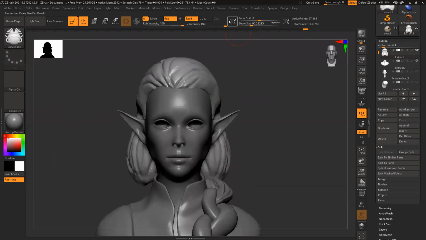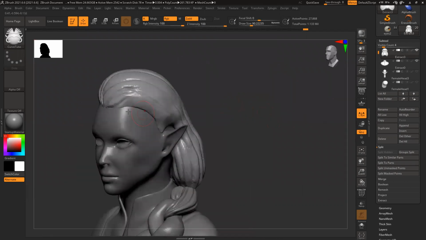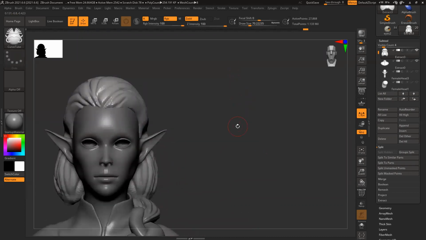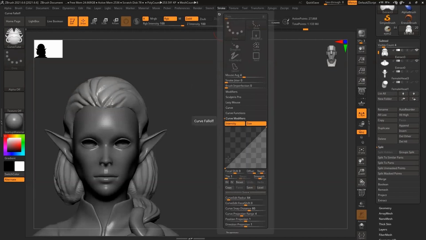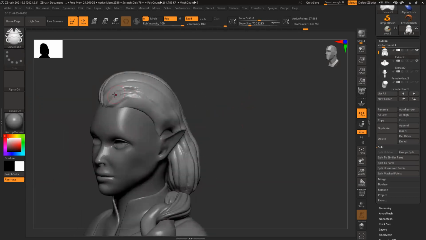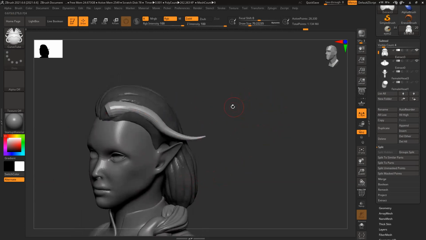Switch off symmetry and let's see. Curve. My snap is not on, so let's switch on snap. And now to do those extra details and loose strands. So now I can just simply, it's too much. And I'll go to modifier. I switch on size and direction and change like this. Like this, one by one. I'll create those extra bangs.